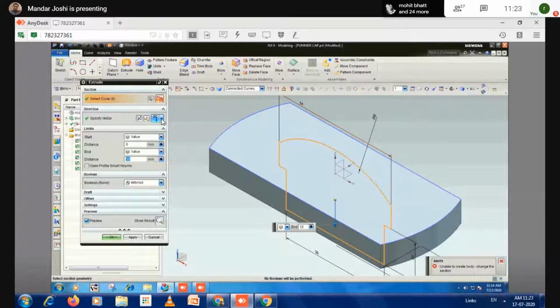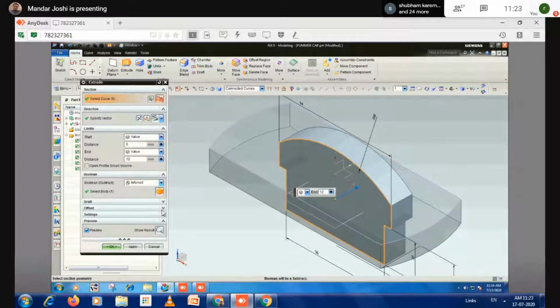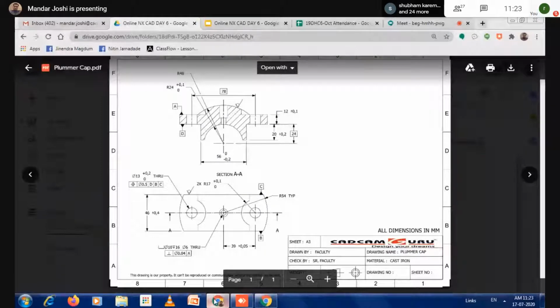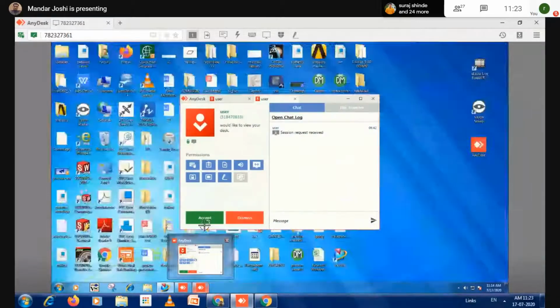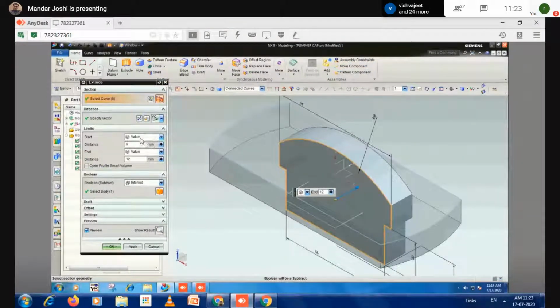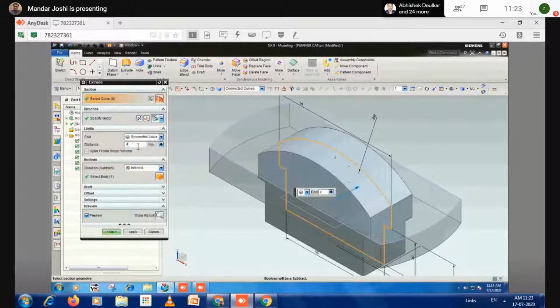Direction here. Direction is YC. And total depth is 46 symmetrically. So I'm selecting the symmetric button on. This value is 46.